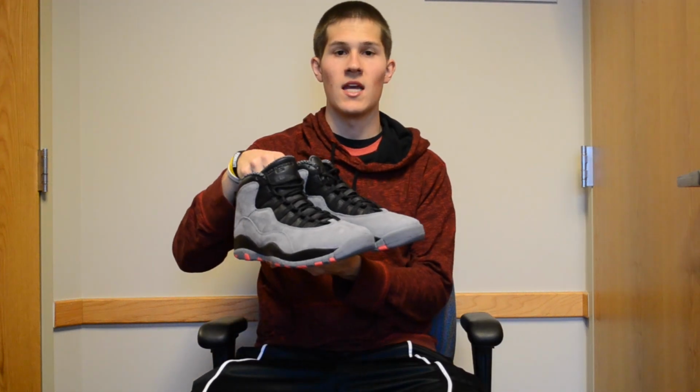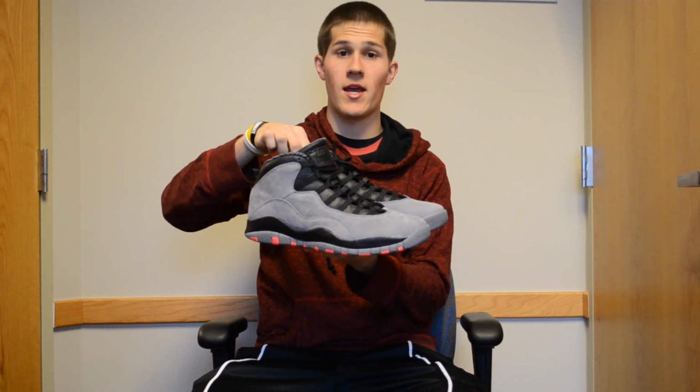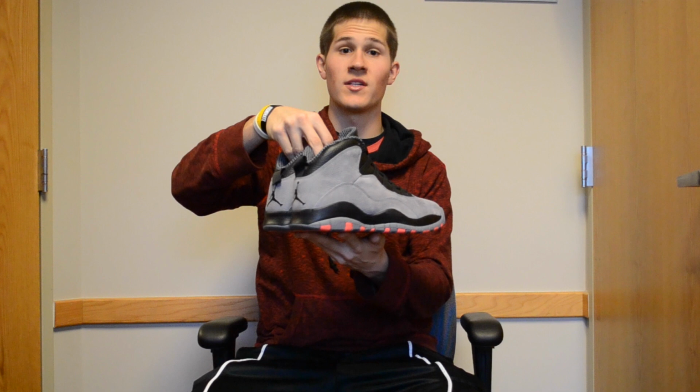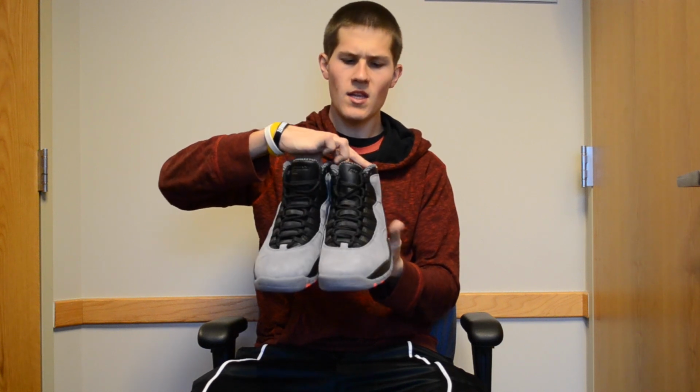What we're looking at is the Air Jordan 10 in the cool gray or infrared colorway. These released Saturday, January 25th, 2014, with a retail price of $170. This is a brand new colorway for the Air Jordan 10, and the colors listed on the box are cool gray, infrared, and black. It's actually my very first pair of 10s, and I'm really happy that I was able